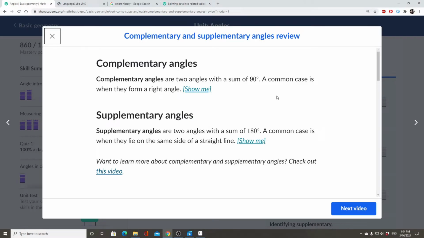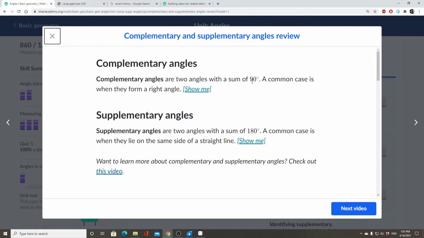Okay. Hello, hello. So, we're back again. I just watched a bunch of videos about complementary angles and supplementary angles, and this is just the review section. I don't really record the videos because I feel like I sort of go over the stuff anyway, and if you want to take these courses on Khan Academy, you'll be watching the videos. And I actually need to watch them and pay attention to them, so I don't really want to talk over them. Anyway, so here's the review section.